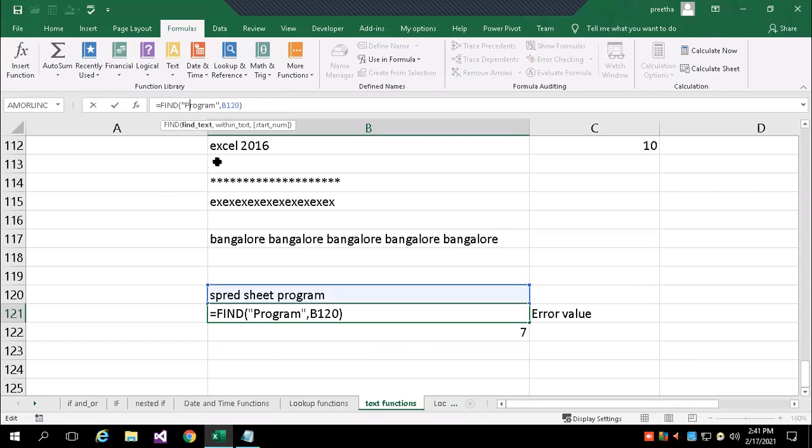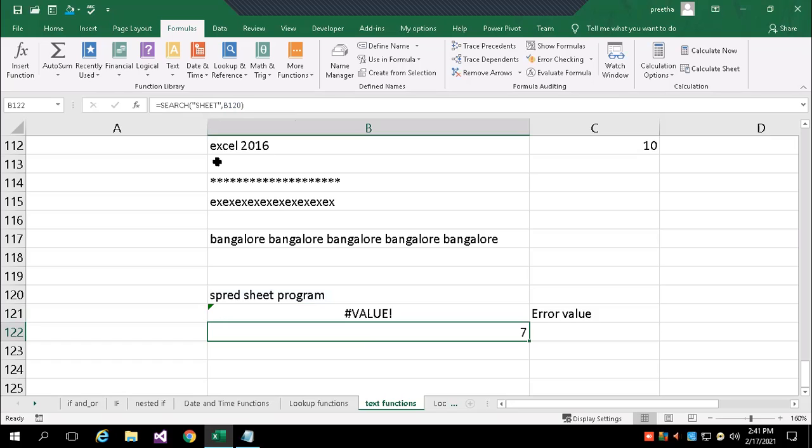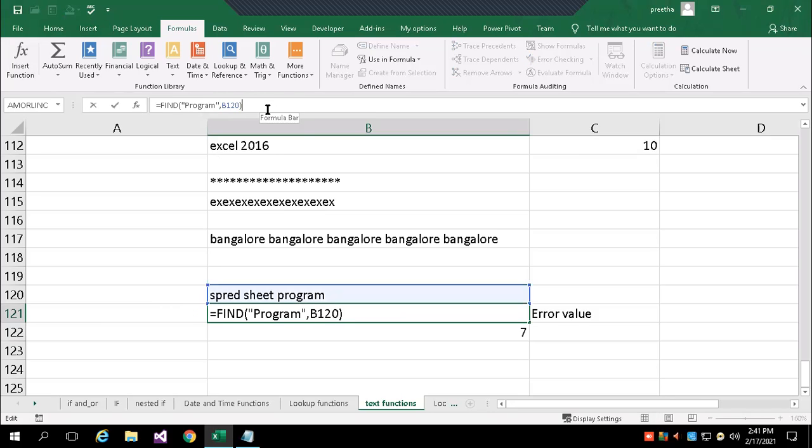Capital P I'm changing. So there the small program contains small letters, but here one letter I change to capital. Now it becomes error in this formula. Actually the program word is found in the text, but still the source has small p, while what we are searching is in capital.